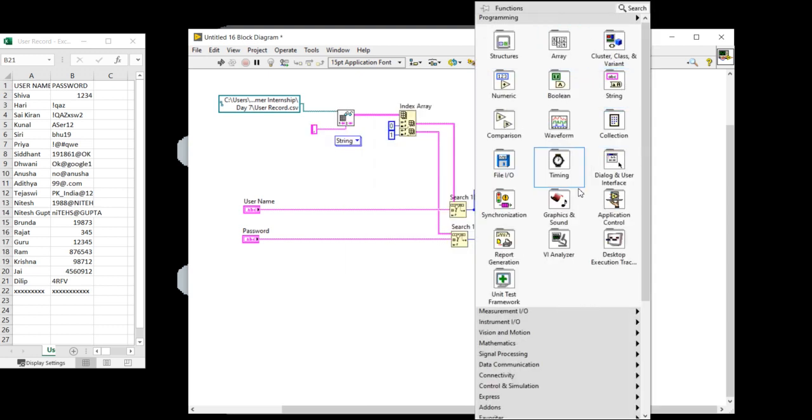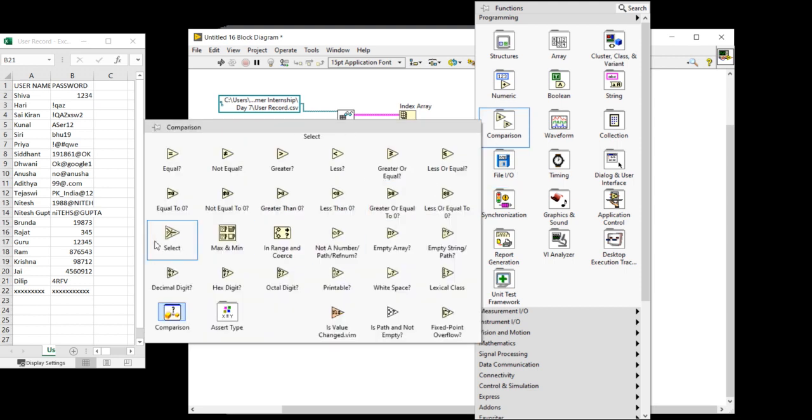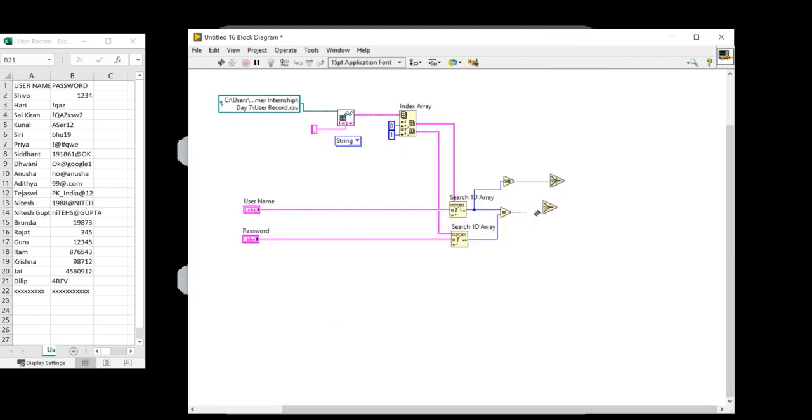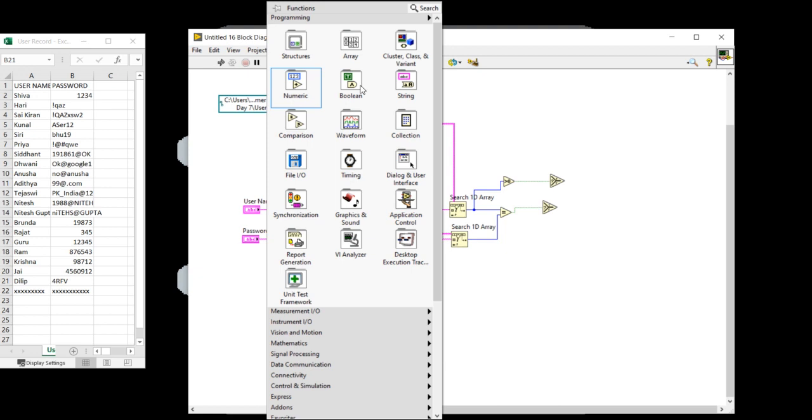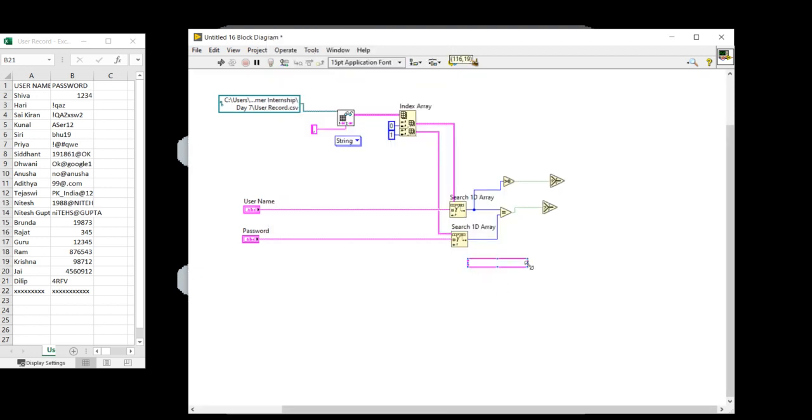And I can take a select function here. If both, sorry, if both username and password are not correct, it will display wrong credential.